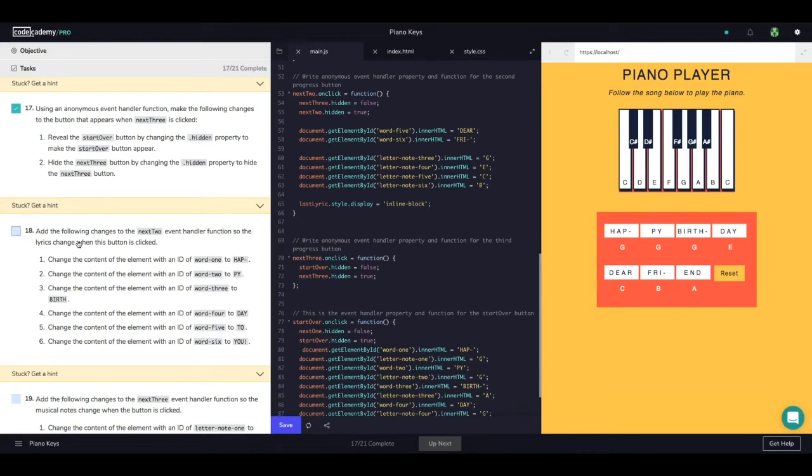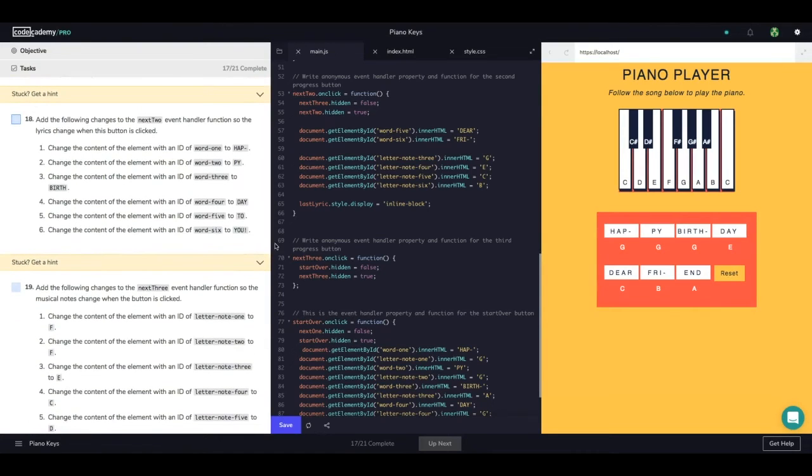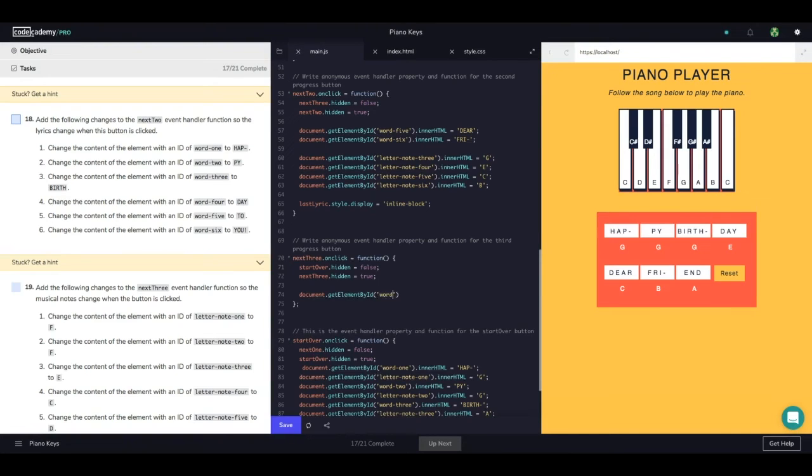Now we have to add the last lyrics of the happy birthday song. So we're going to change the contents of all these lyrics, and we're going to use the same thing we have before and change them to the last part of the lyrics. Let's go ahead and write document.getElementById. We're going to pass in the first word, which is word1, change its innerHTML, assign that to HAP dash. These are all found right here. So there's going to be 6 changes we're going to make. So I'm just going to grab this line here, copy paste it,